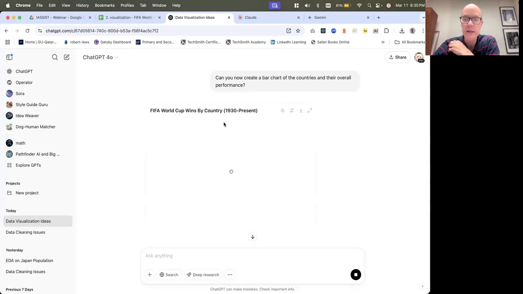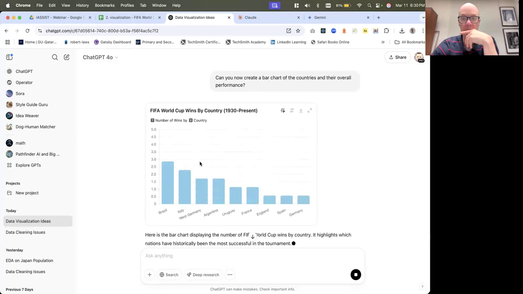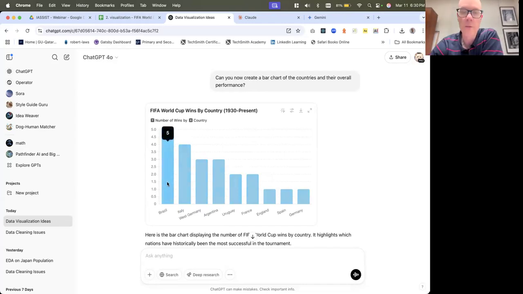Okay, again, it's doing the analysis and it's presenting this here. And this can be interactive as well, as you can see. You just change that. So it shows us very clearly that Brazil has won the most World Cups, and other countries. Surprisingly, only this number of countries have ever won the World Cup, so it's a limited group of countries, really.